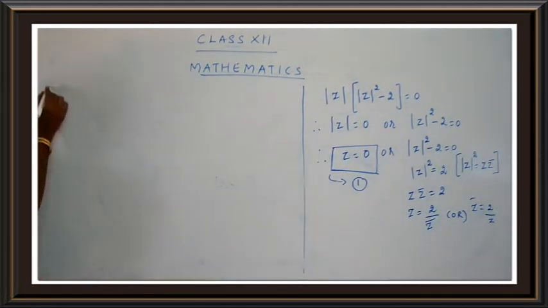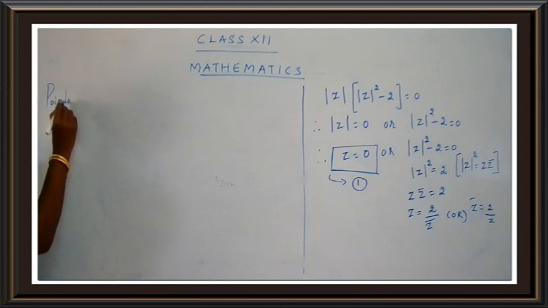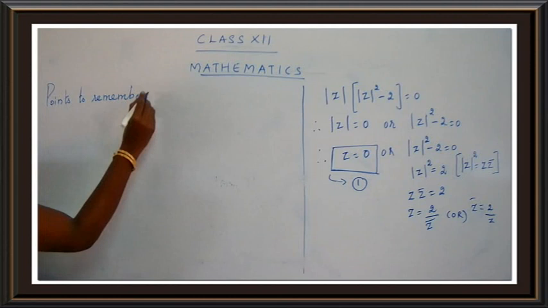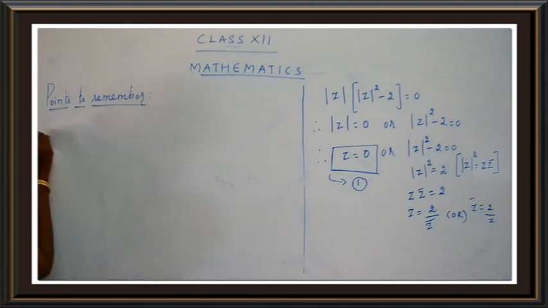Give the heading points to remember. Okay, so the first point is for locus, and I have taken the definition from 11th standard. We had it in 5th lesson. So I am just taking the point from 5th lesson, that is, they have not given you the definition for locus in this textbook. So I have taken the definition for locus from the 11th standard textbook. So take down that as the first point.